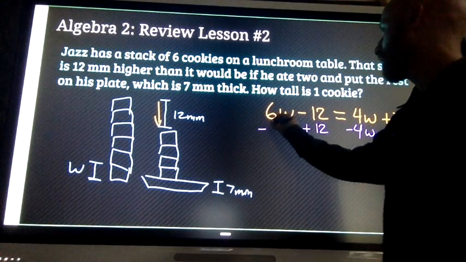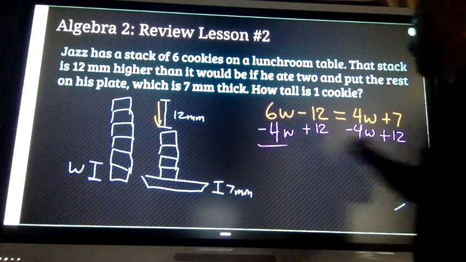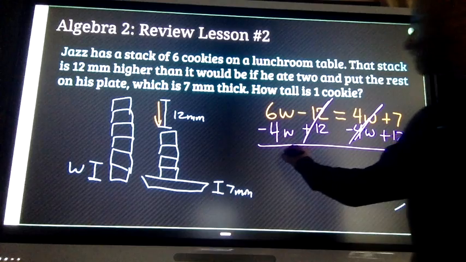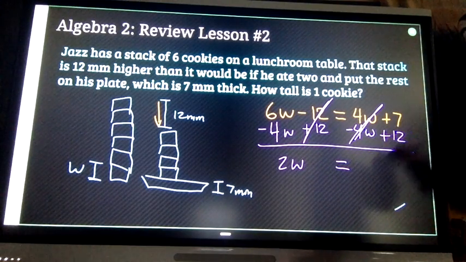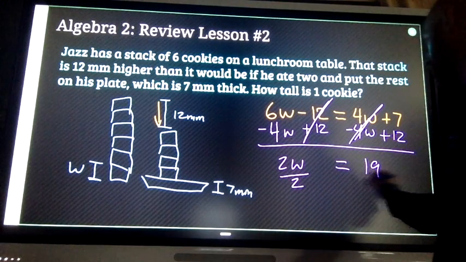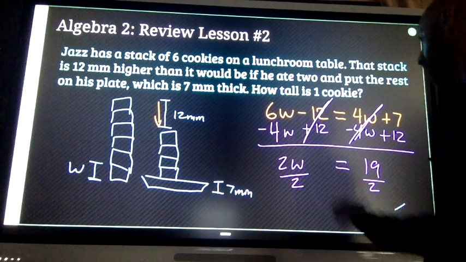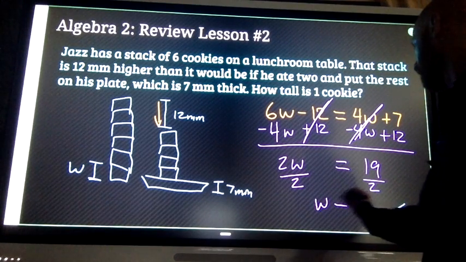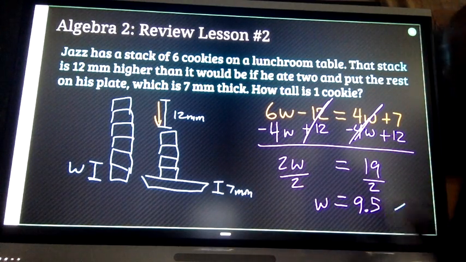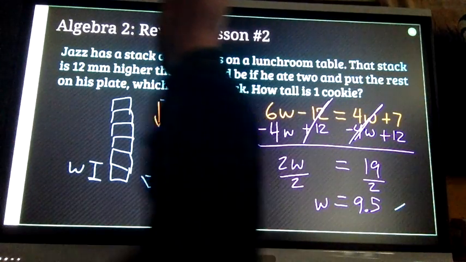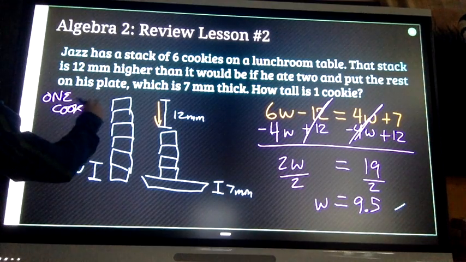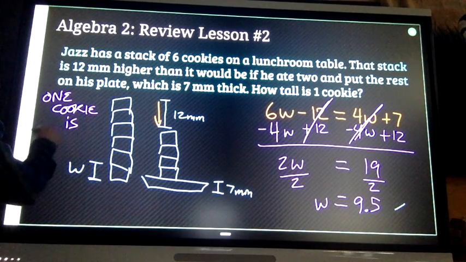Subtract 4 W's from both sides. Two W's equals 19. Split that in half. W equals 9.5, 9.5. All right, so 1 cookie is 9.5